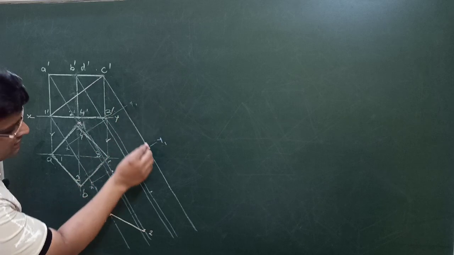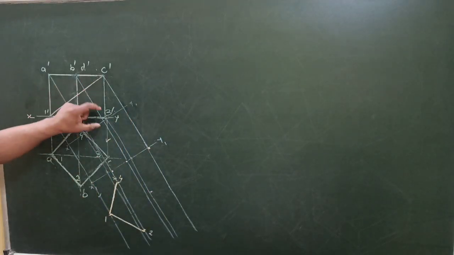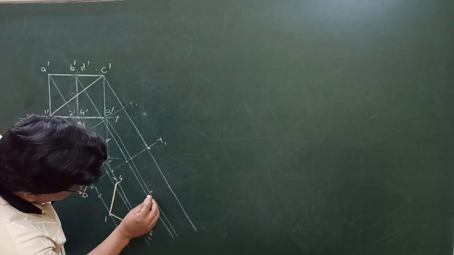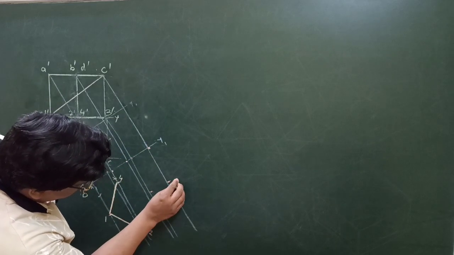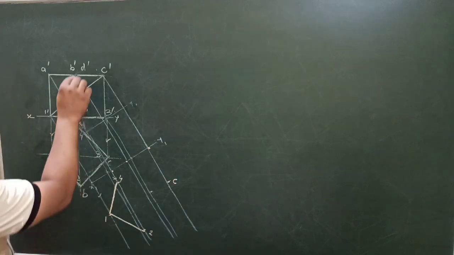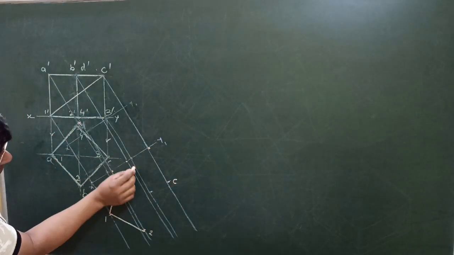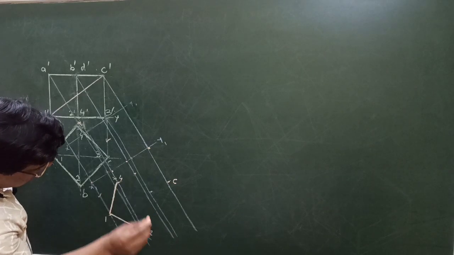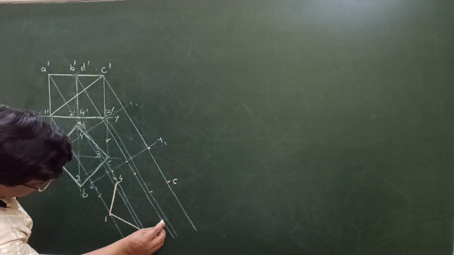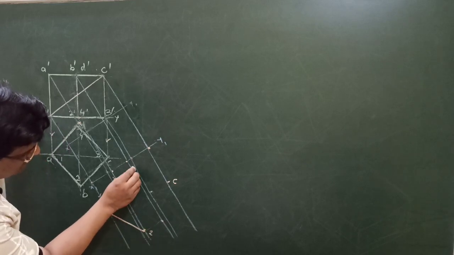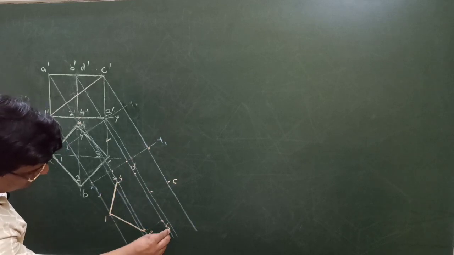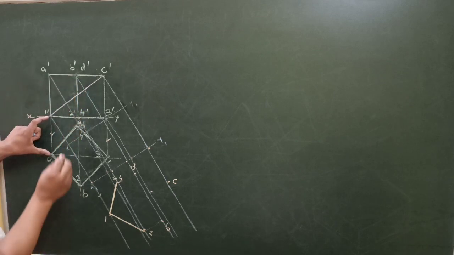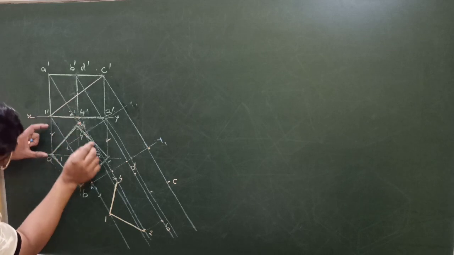So C dash, so this C equals from here to here. So we have to cut this distance itself. So this will be C. For B and D we have to cut on this line. This is the BD line, which is equal to this distance and this distance. So this is D, this is B. And for A you have to take this distance on the line which is for A.